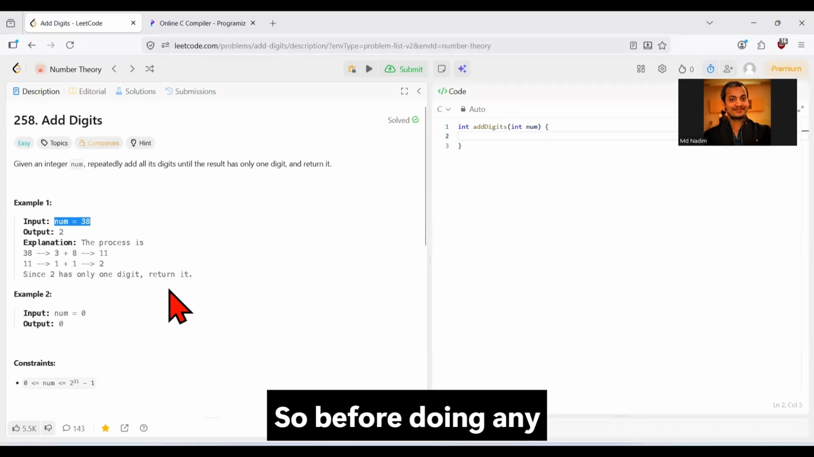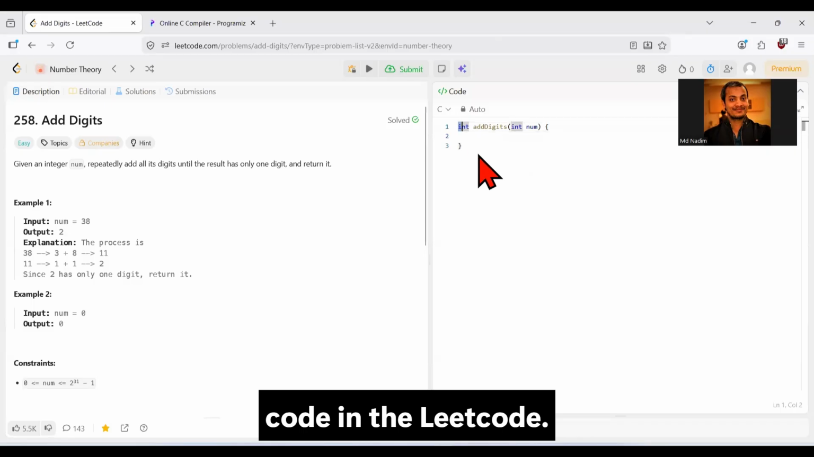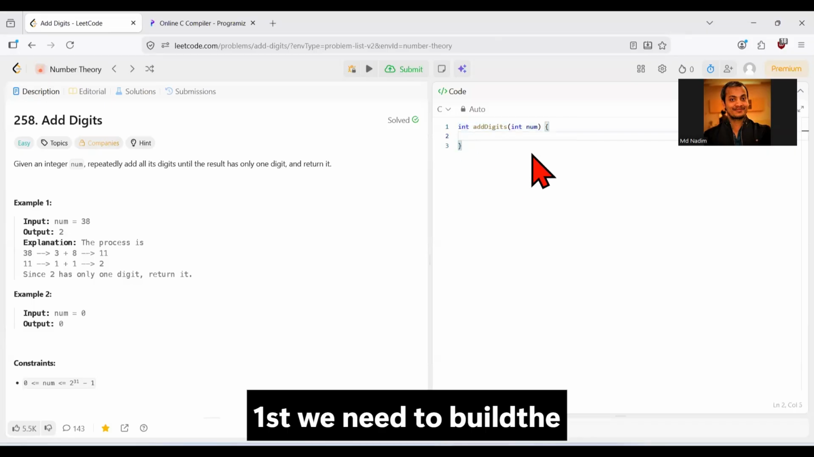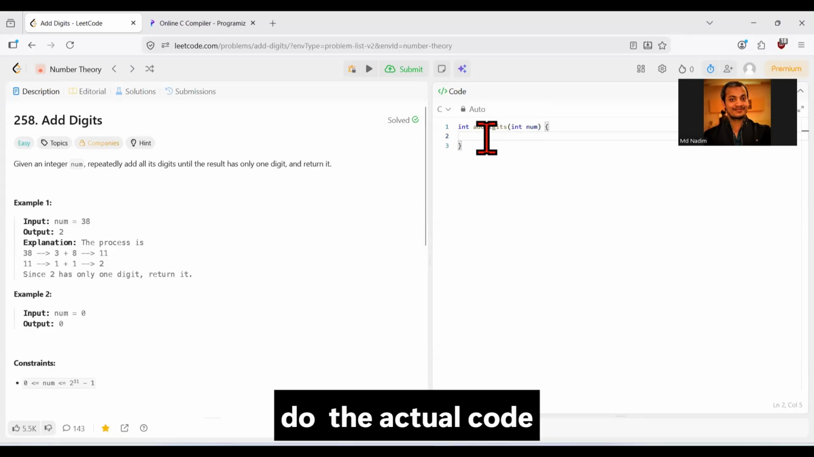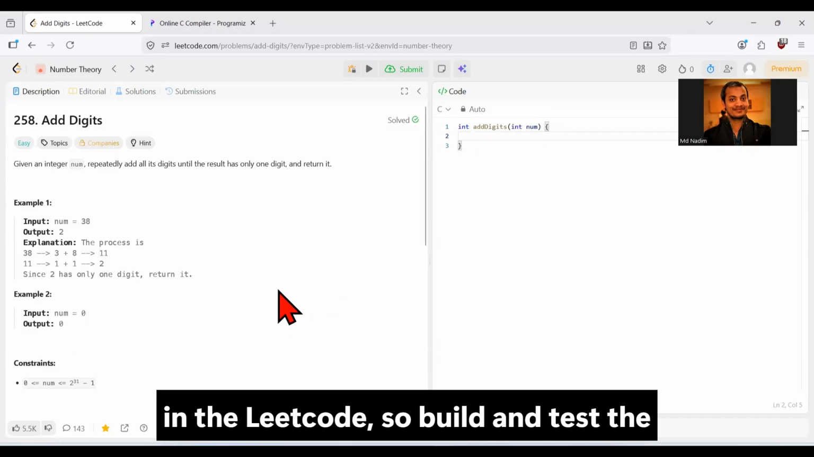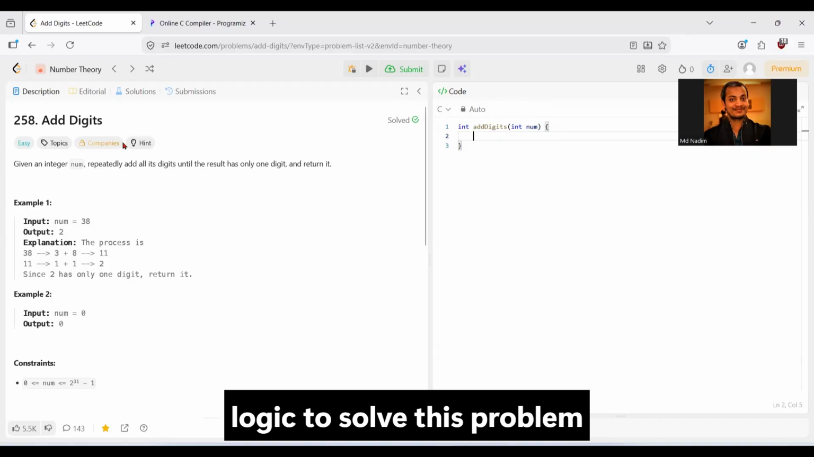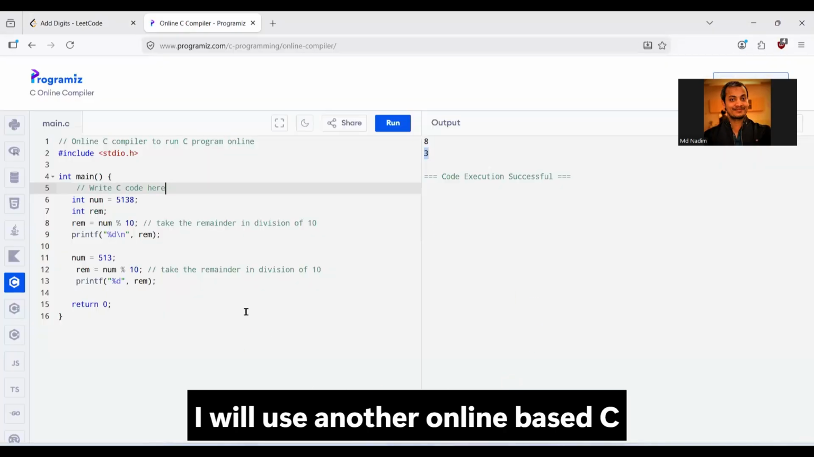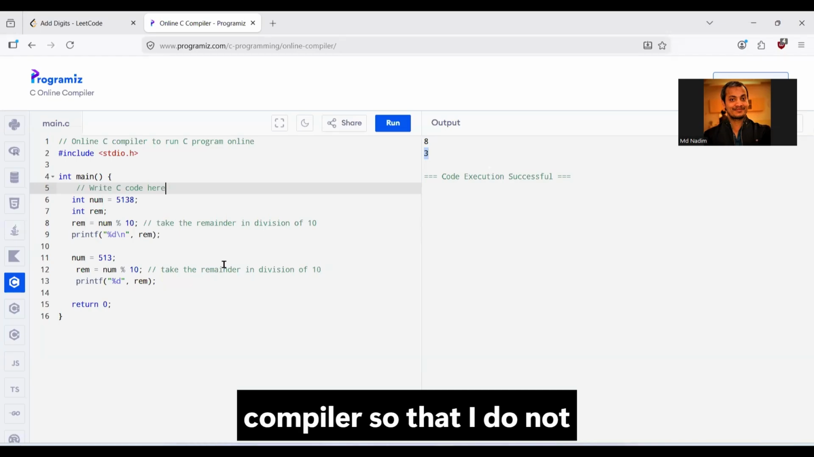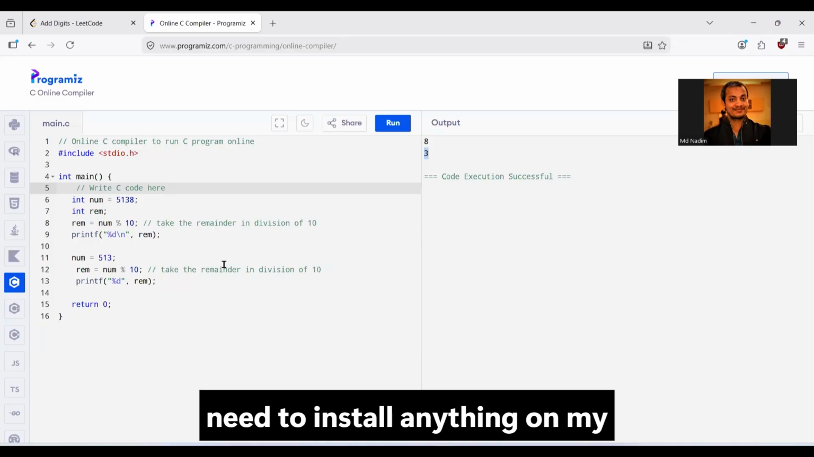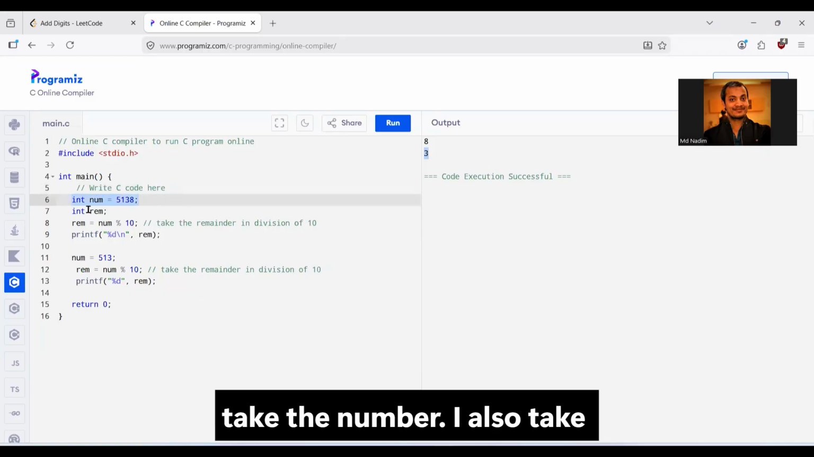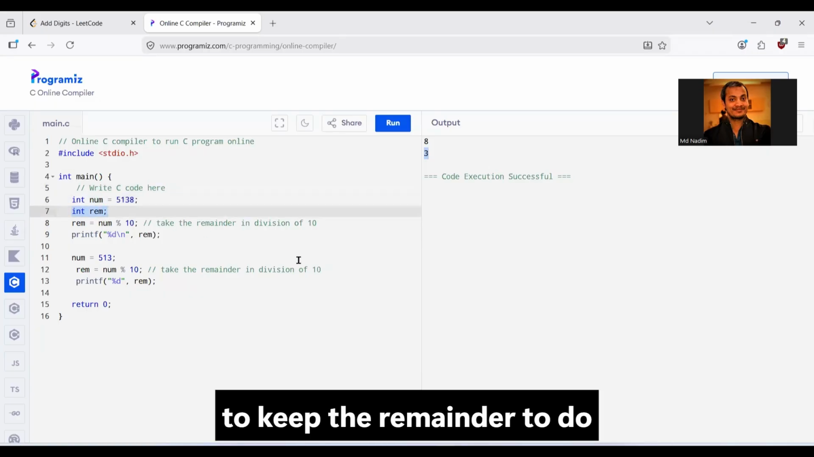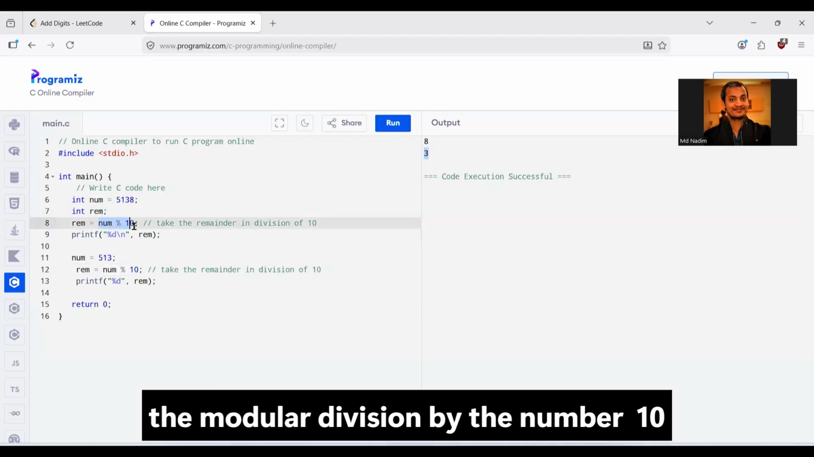Before writing any code in LeetCode, first we need to build the logic, and once we have the logic, then we can write the actual code here. So let's build and test the logic to solve this programming problem. I will use another online C compiler so that I do not need to install anything on the computer for now. So here I took a number and another integer variable to keep the remainder, and did the modular division